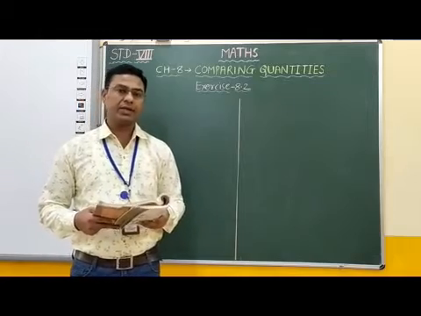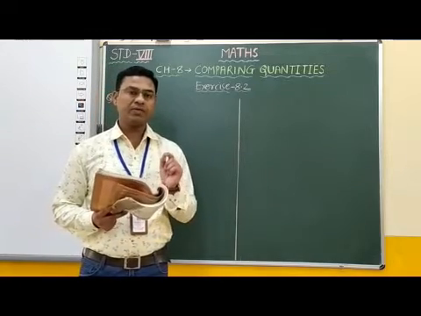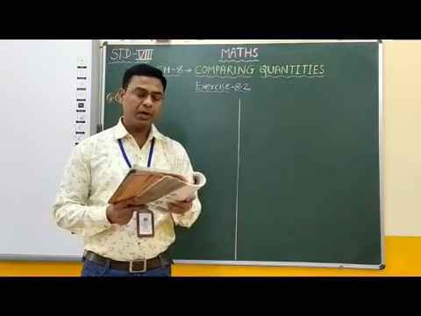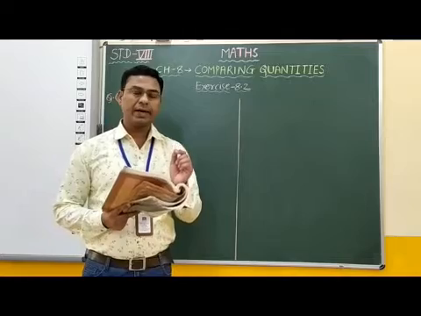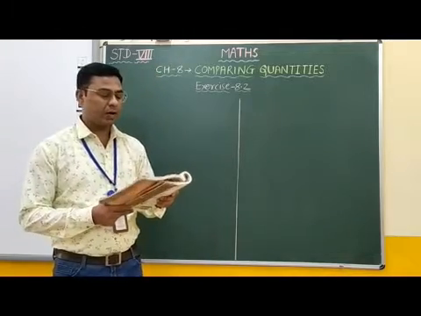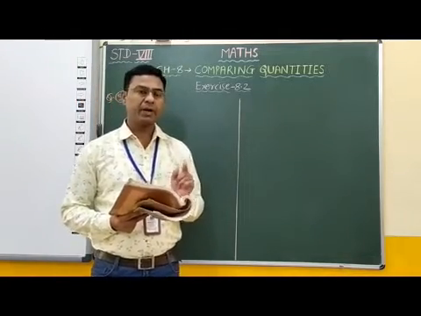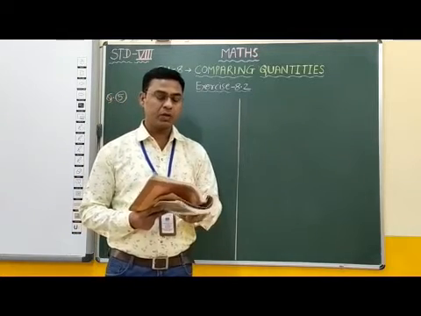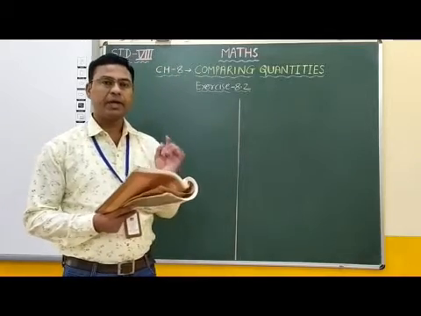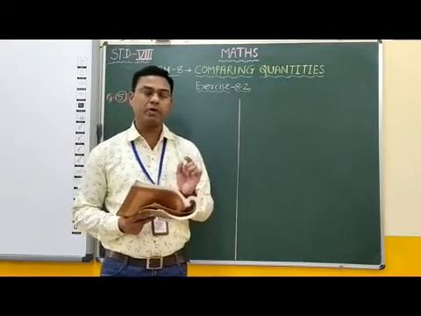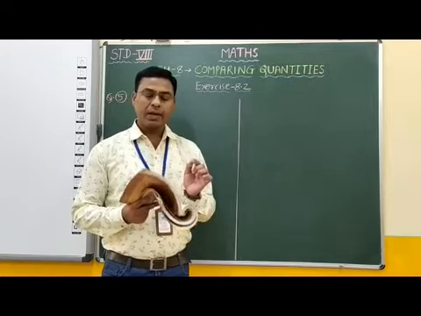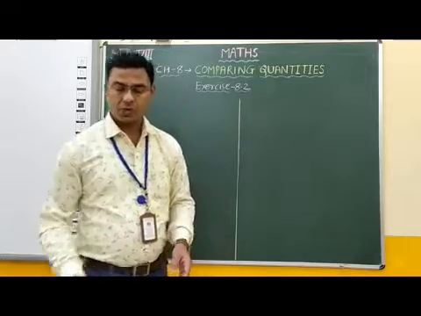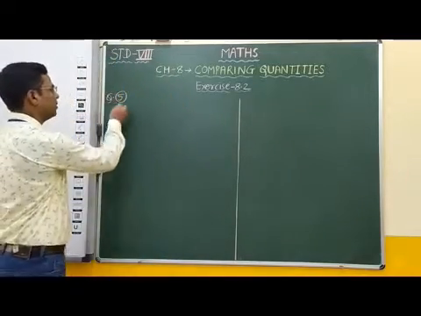Students, in the question it is given that cost price of a VCR is rupees 8,000 and cost price of TV is 8,000, and on the selling of VCR shopkeeper made a loss of 4% and on the selling of a TV shopkeeper made a profit of 8%, and here we have to find out gain or loss percent on the whole transaction.